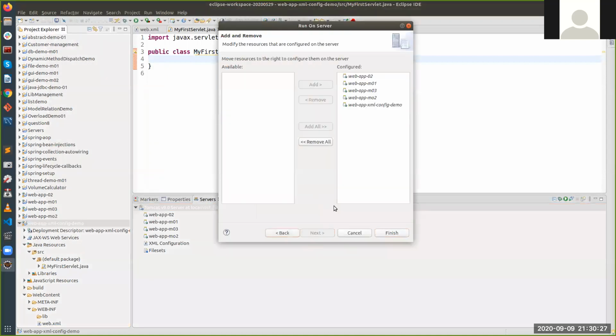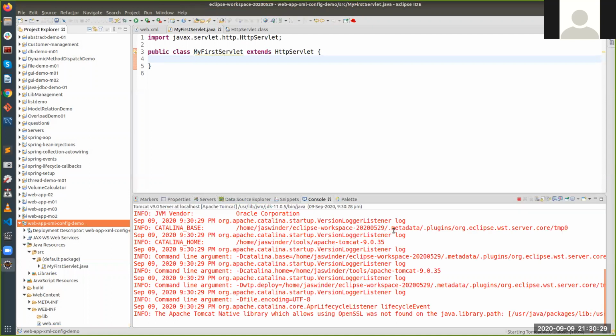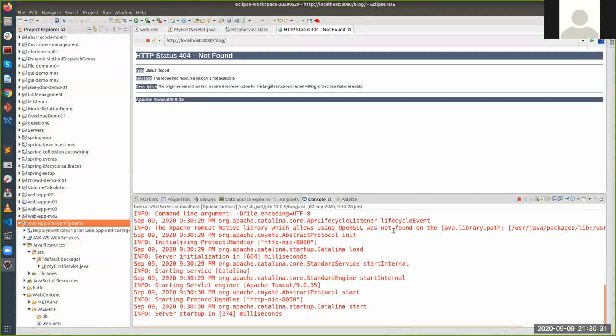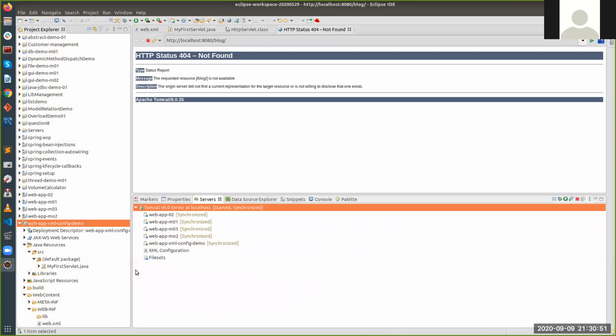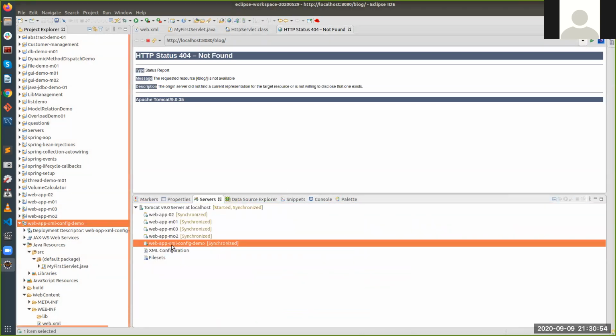All right. Remember, your Eclipse and this Tomcat server will create a copy of your application. Wherever you have kept this project, it is there, but it will pick up a copy of this, whatever changes you have made, and add it inside the server. Got it? So the server will have its own copy of your application. This is not at the place where you have kept this project. This is inside the Tomcat server, right?